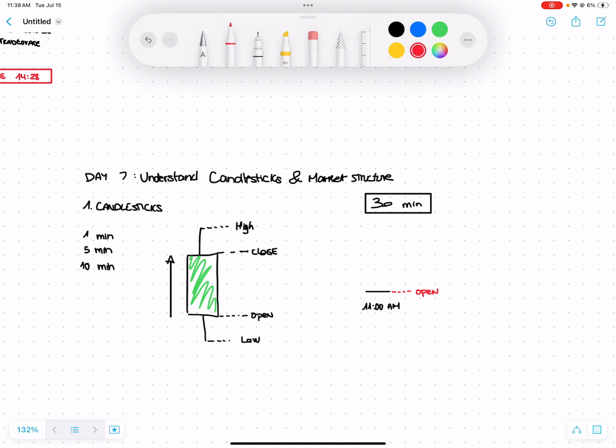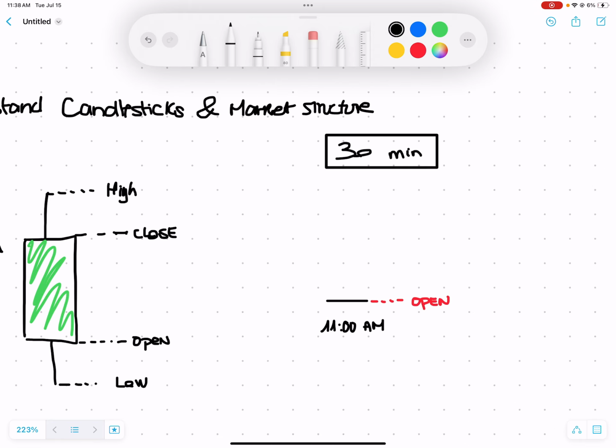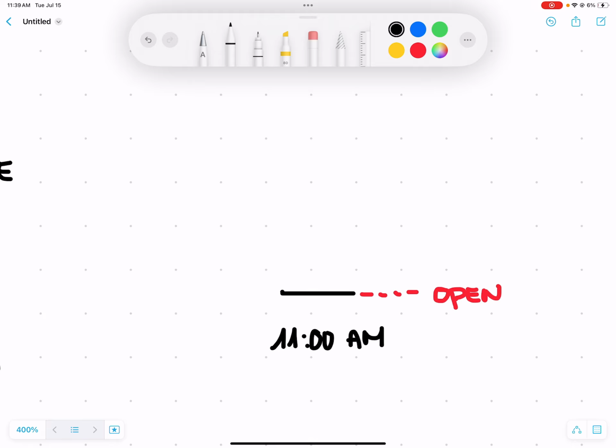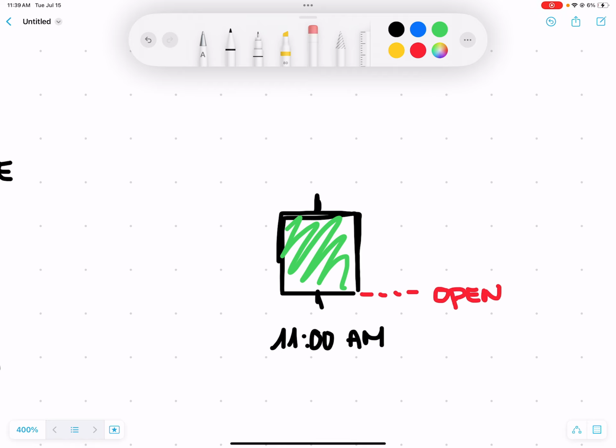All right, now what will happen next? Let's say the candlestick drives up first. So the candlestick drives up, you're going to see a nice little block right here, and in this case, since it's going up, the candlestick is going to be green, and you're going to see there's no little wicks, there's no little things at the bottom. I'll explain how these appear in a second, but there's nothing at the bottom and above. All you see right now is this. All right, so what you have right here is still the open, and this at the very top would be the current price,